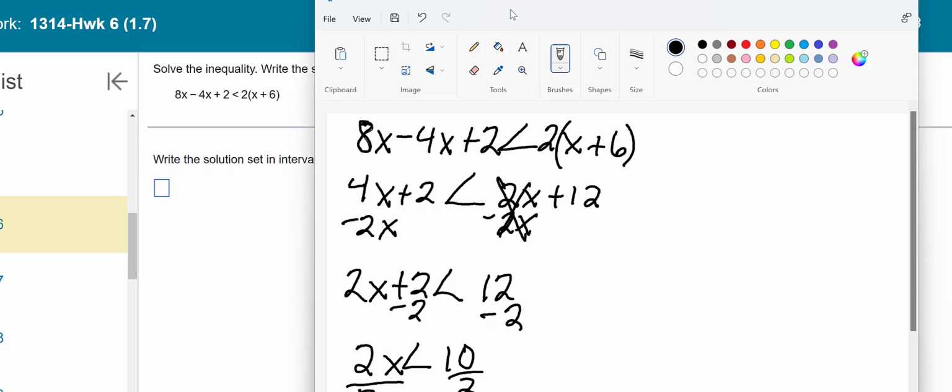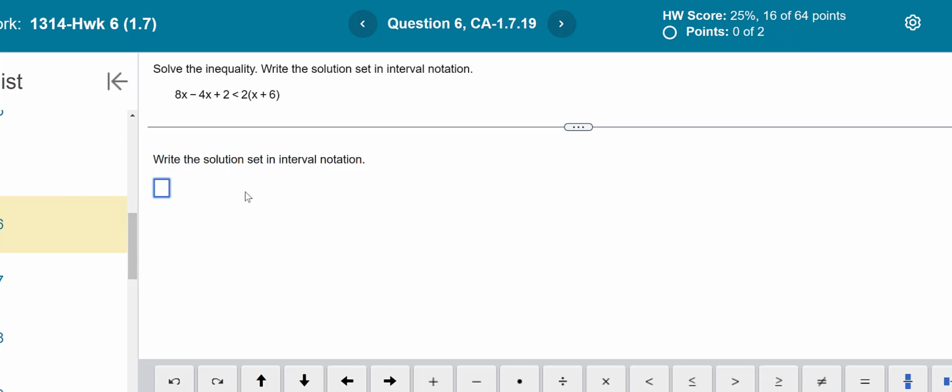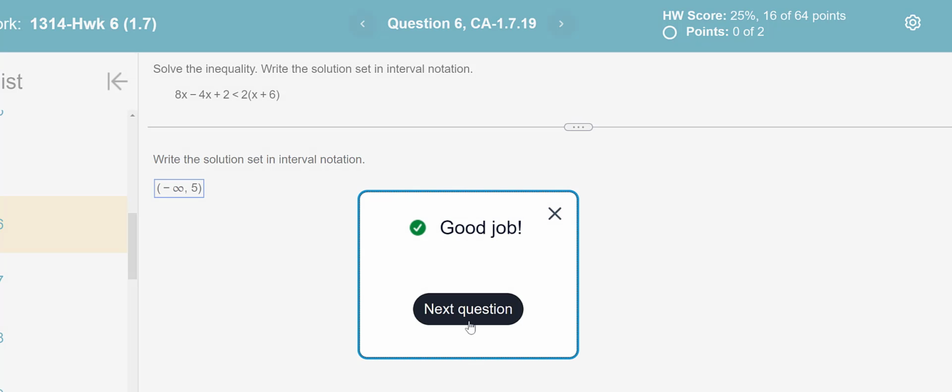And we're going to actually put that in. I'm just going to do it on my keyboard instead of using that. I don't have the infinity sign on my keyboard. So we're going to put minus infinity, and then we're going to put a 5, and then we're going to do that. Okay, I'm going to check our answer, and as you can